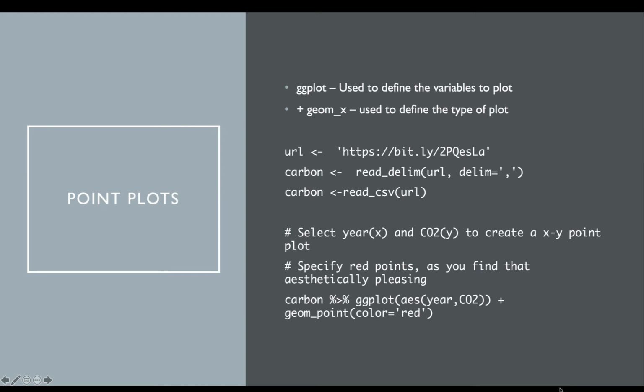There is a lot of information available online on several websites that dive deeper into the grammar of graphics and into the manner in which ggplot operationalizes the grammar of graphics. Our focus is on using ggplot2 to create simple visualizations. To start off with,